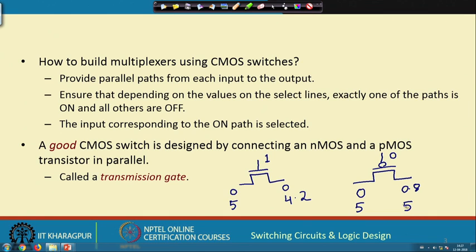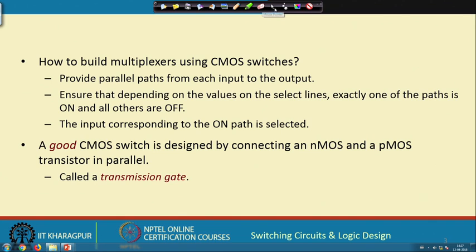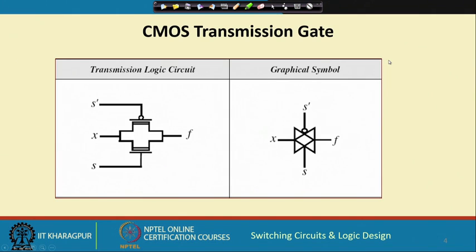So, if I connect two such transistors in parallel, then I can transmit both high voltage and low voltage equally well. This is the idea behind the transmission gate. This is how a transmission gate looks like. Just like I have mentioned, there is an N type transistor and a P type transistor which are connected in parallel,